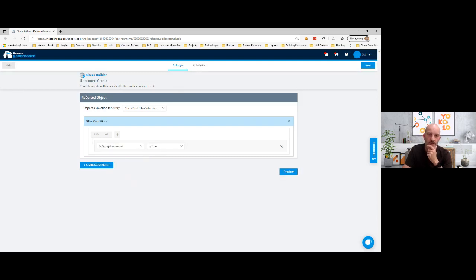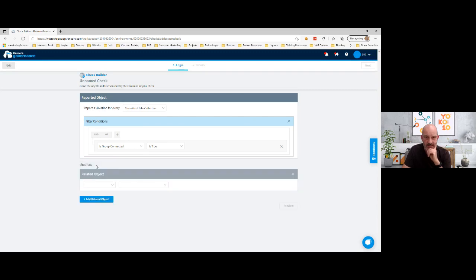So this straight away lets me report on every Microsoft 365 group that I'm after. There are different ways to get to the groups. There is more than one way to do it in here, but this gives me my starting point. And now I can come down here and add a related object.